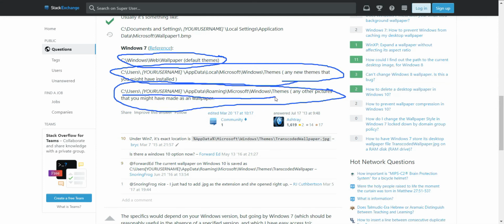This directory, as you can see, is AppData, Roaming, Microsoft, Windows, Themes.